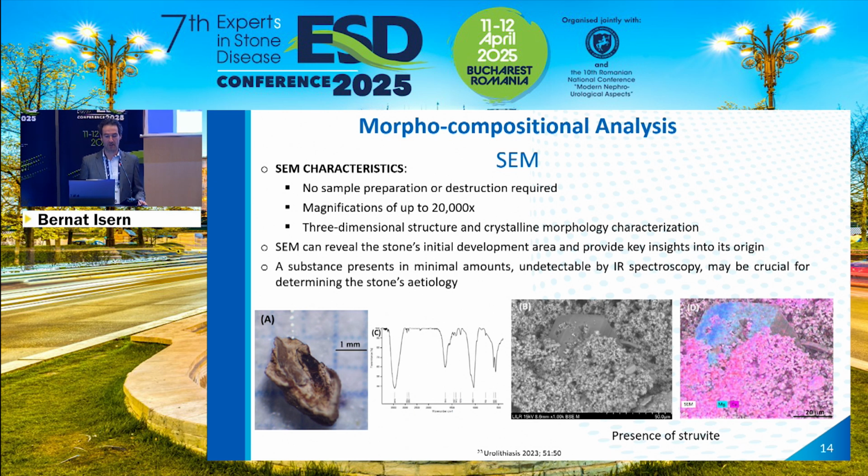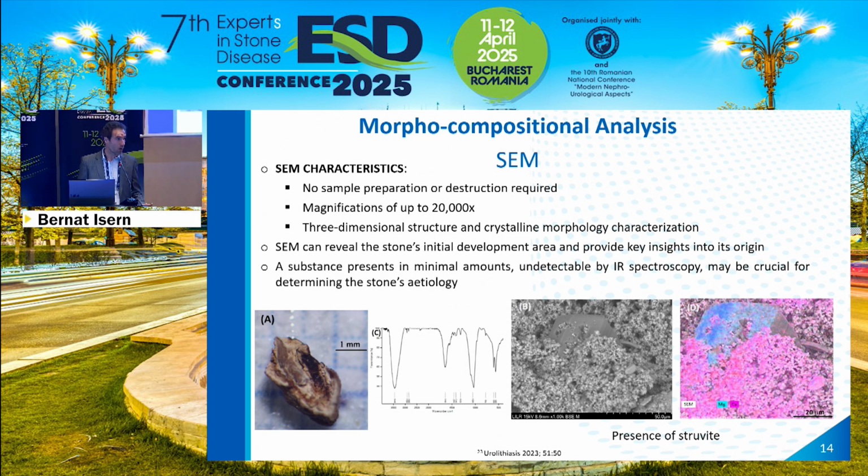Scanning electron microscopy requires no sample preparation or extraction, offering magnification of up to 20,000 times. This technique can also reveal the stone's initial development area, providing key insights into its origin. A substance present in minimal amounts and not detectable by infrared spectroscopy may be crucial for determining the stone etiology. For instance, one specific case involves a stone primarily composed of hydroxyapatite with minor components of calcium oxalate monohydrate and